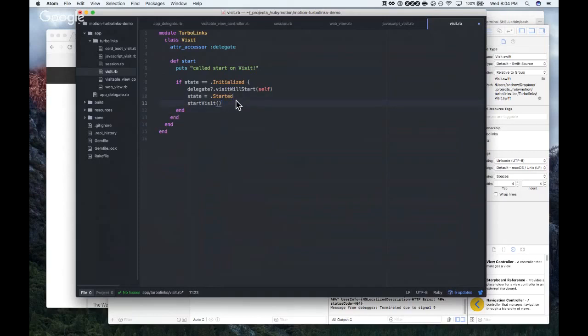State is a visit state type. Oh, that's right. Probably want to remove that opening curly brace on the end of line 8.